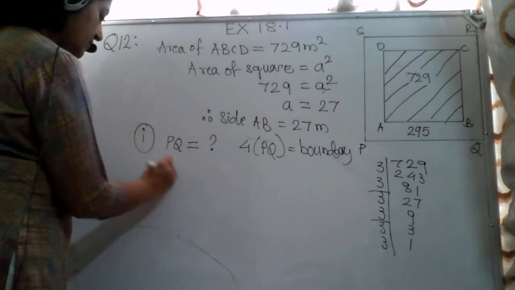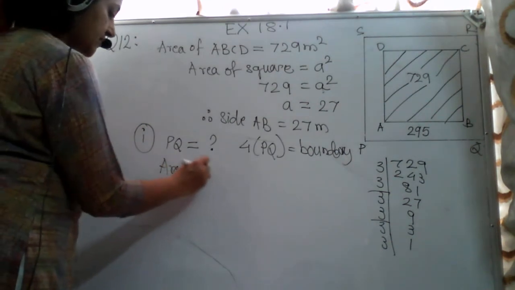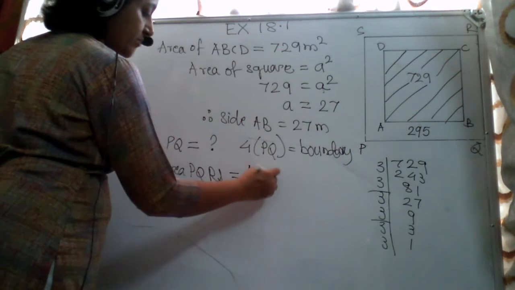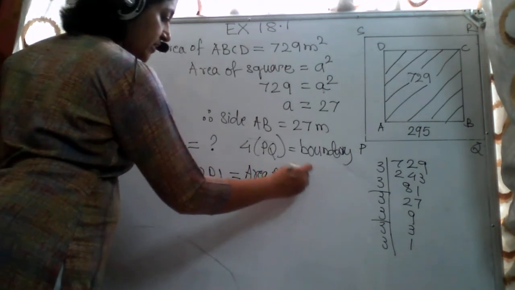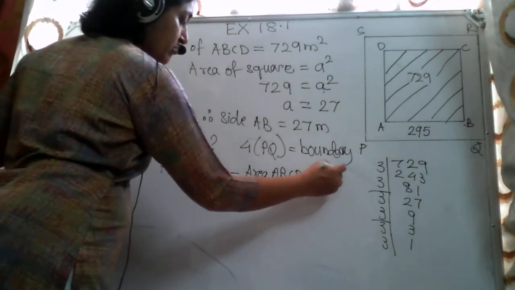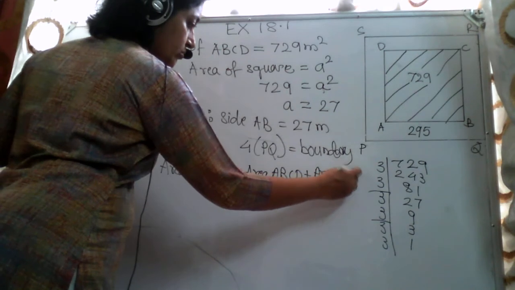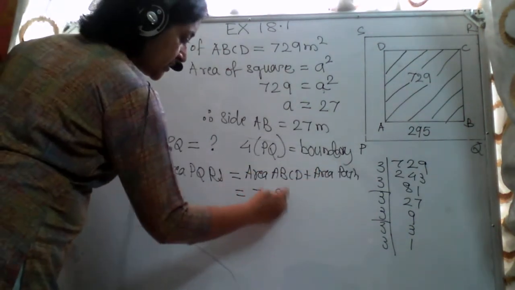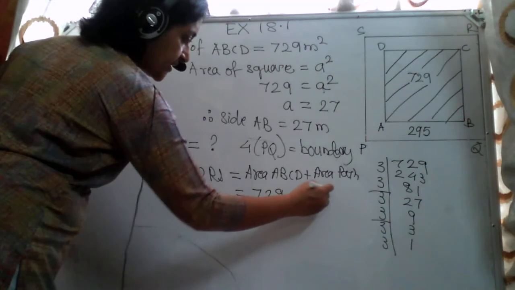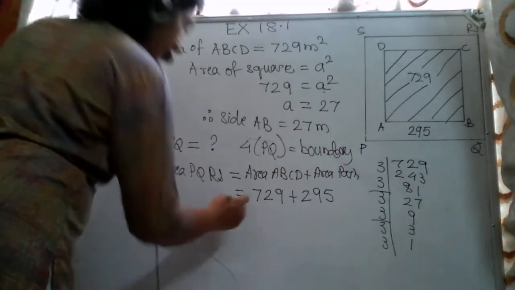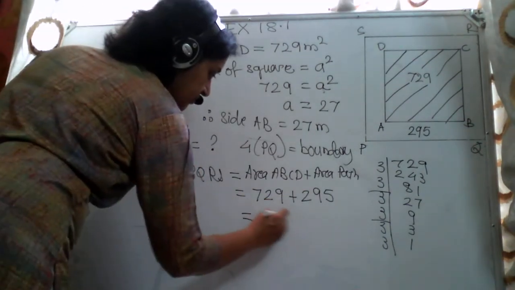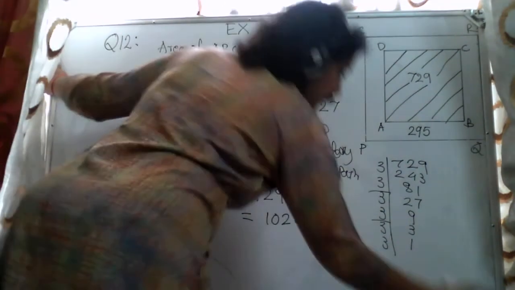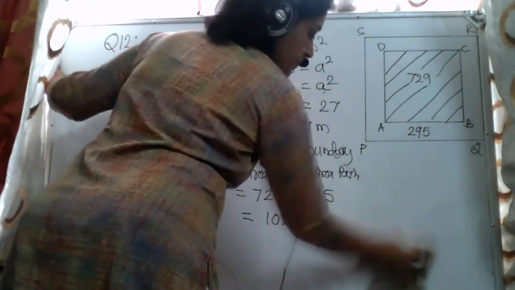Now area of PQRS is nothing but area of ABCD plus area of path. Now these two are already given. Area of ABCD is 729 and area of path is 295. Okay, adding which you are going to get 1024. Now when you find the square root of this